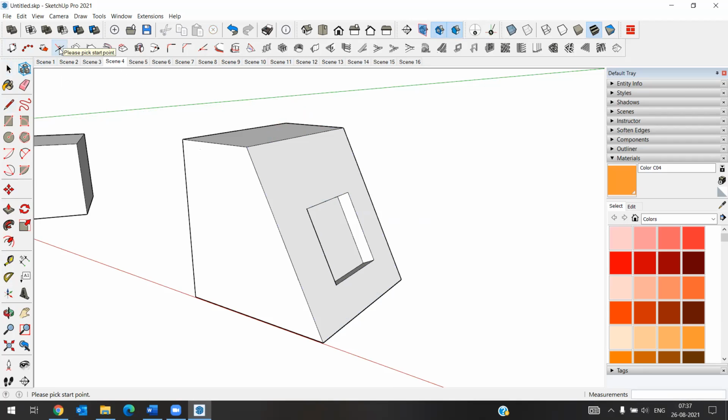So by using this tool, we can draw the perpendicular line. For that, you have to pick the tool and you have to place from where you want to draw a line. Okay, I want to draw a line from here. So here a plus sign is there, right? So in the same way, in exactly perpendicular, it will show the plus sign. So in that way, we can easily draw the perpendicular line.